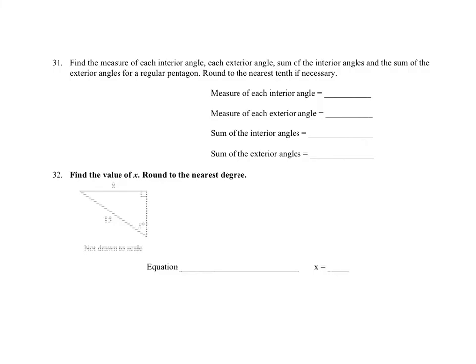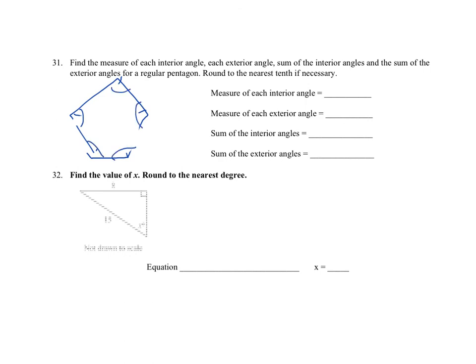Alright, and here we have, with no pictures, basically a pentagon. It's a bad attempt at drawing a regular pentagon. Measure of each interior angle. Well, how many interior angles does it have? It has 5, and remember they have to all add up to 360. Sorry, that's not what we're looking for. We're looking for the interior angles, not that part of the angles. We're looking for these angles,